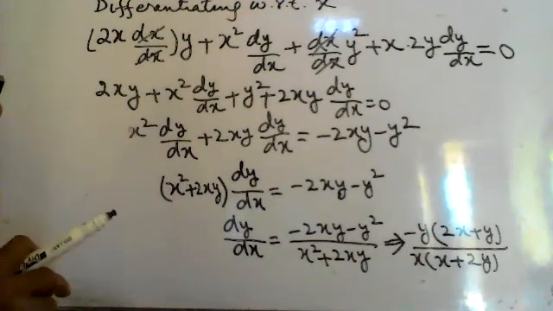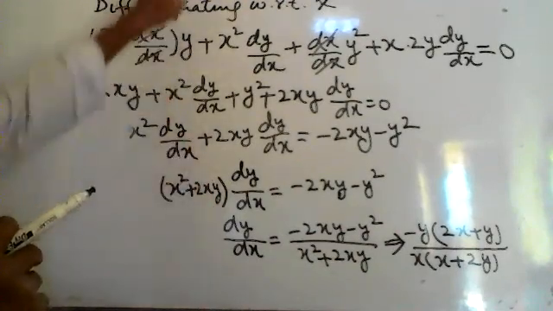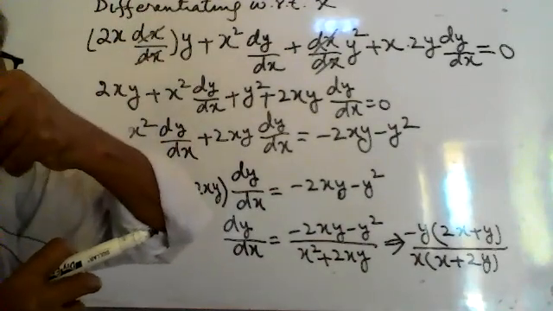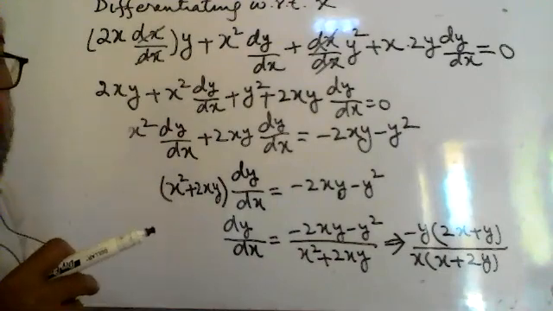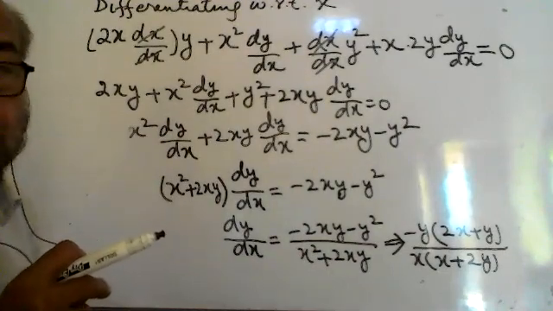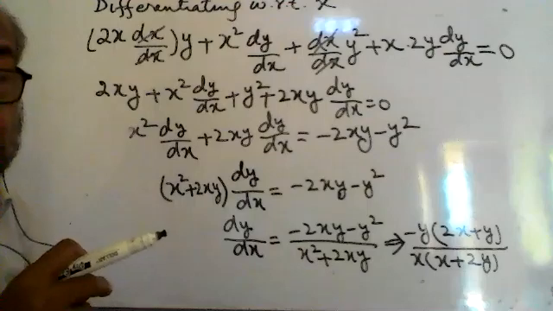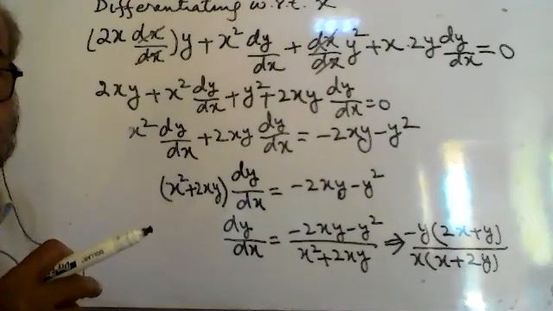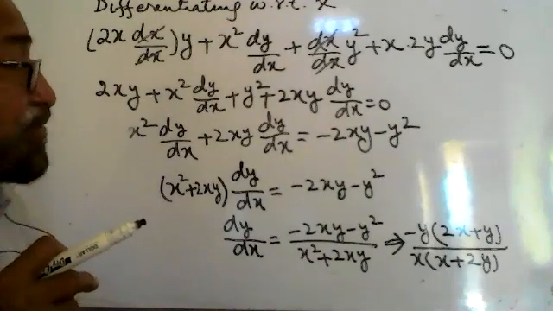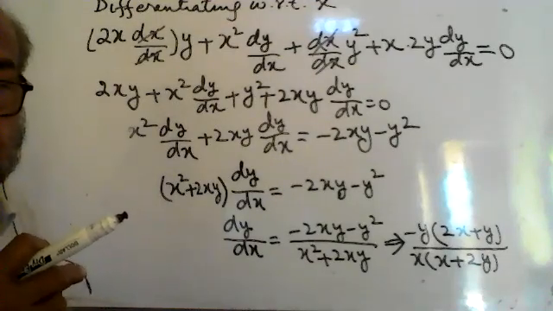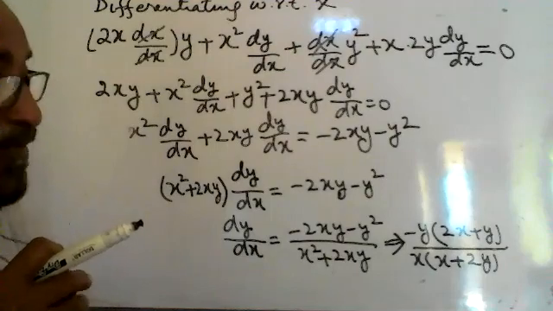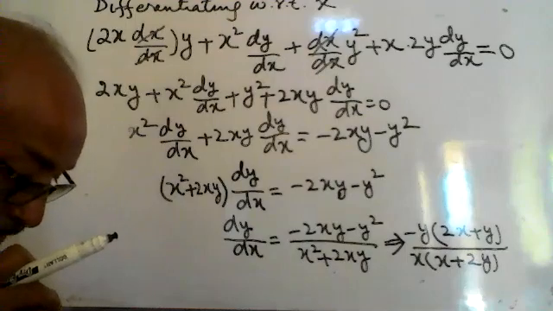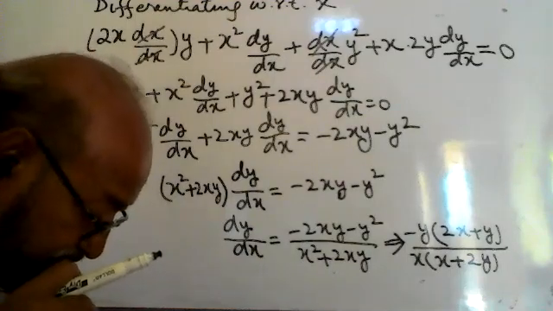So this is called an implicit function, the differentiation of implicit functions. You have to find dy upon dx. Y is not separate from x. They are mixed together. In each term, x and y are mixed together, so they are called implicit functions. Before this question, we did the explicit functions. That was question number 19.